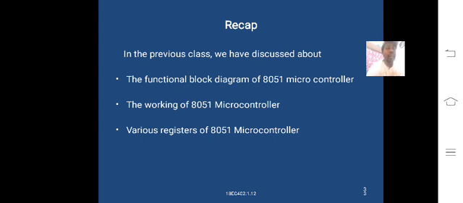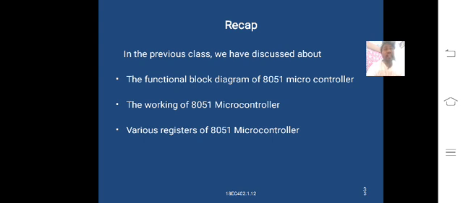Port 2 and port 3, the 4 port latches and 4 port drivers, and also the oscillator circuit, the crystal connection. We have the port latches, port 0, port 1, port 2, port 3 latches, and the port drivers,